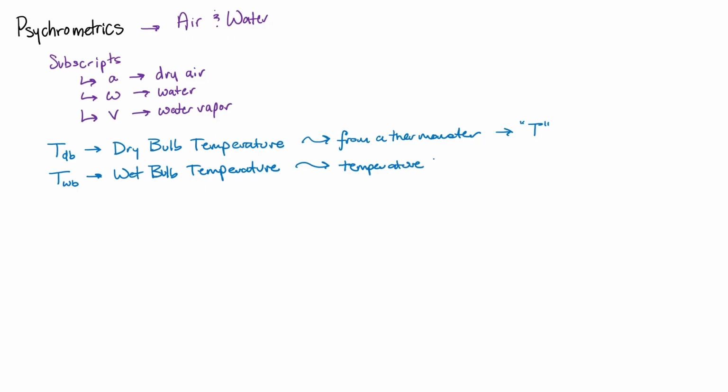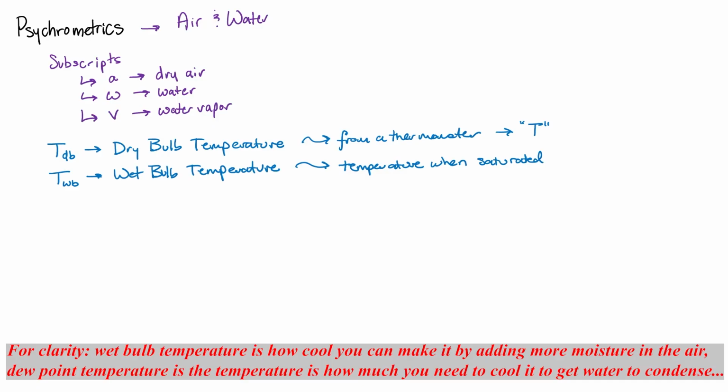This is the temperature when we are talking about saturated air, meaning the air can hold no more water and it is going to have to let water go at that point. So this temperature is going to be exactly the same. We'll put temperature dry bulb is going to be equal to the temperature wet bulb when raining